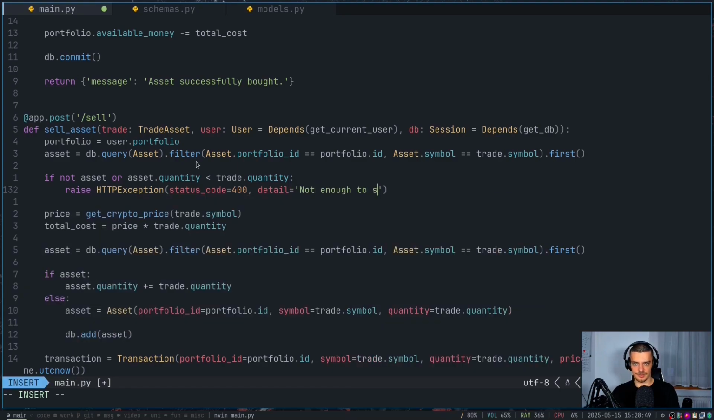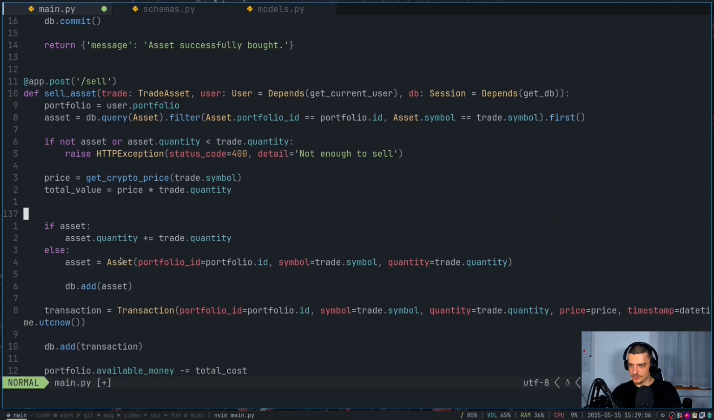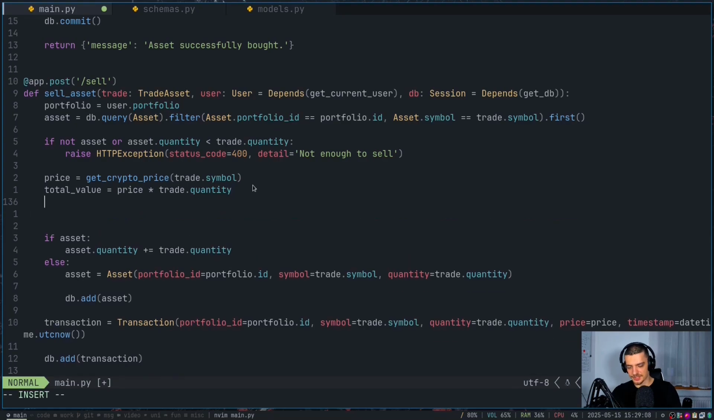Not enough to sell, let's say. Insufficient assets would also be a good message here. So price, we still get the price. Now let's call this value, since it's not a cost, total value that we're selling here. And then we want to see, or we don't want to see, we don't need that. We just want to say